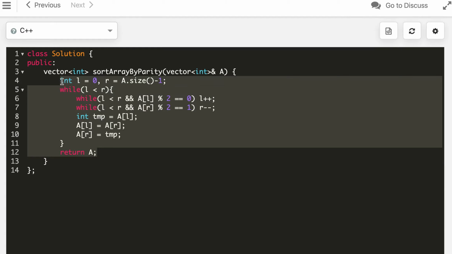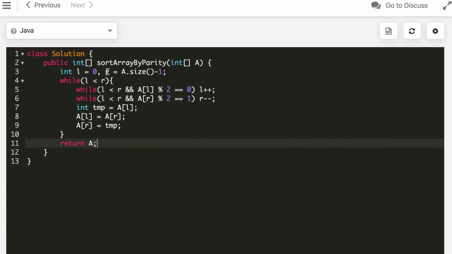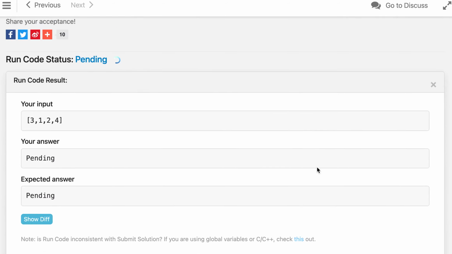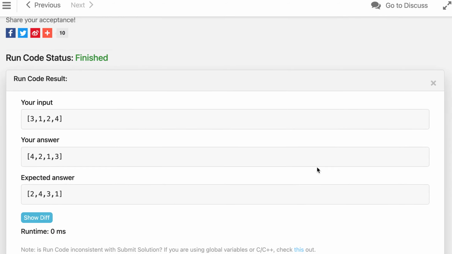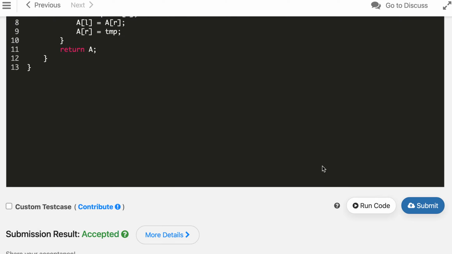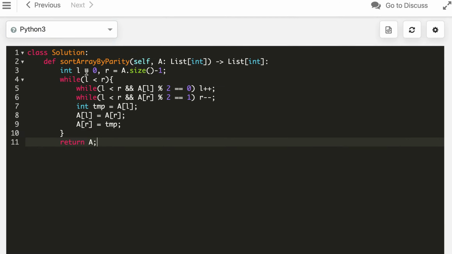So the same thing we will do in Java. I don't think too much change is required in any of the languages. Its length and everything else remains the same. And the Java solution is also accepted. Finally, let's do it in Python 3.